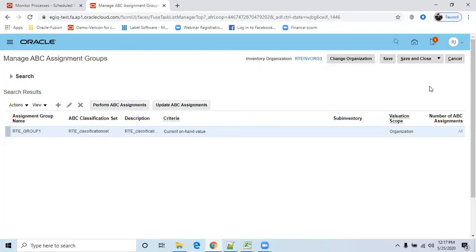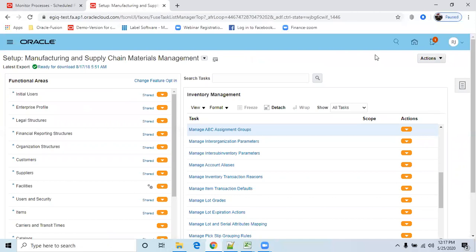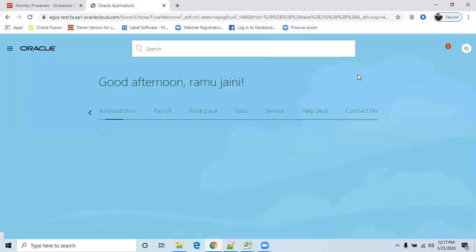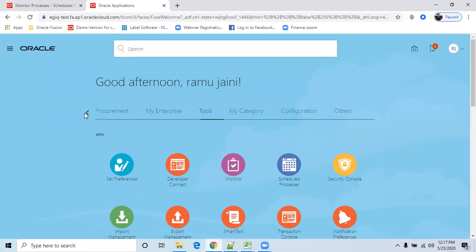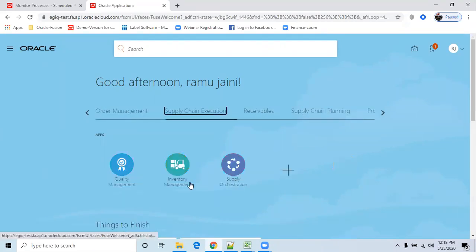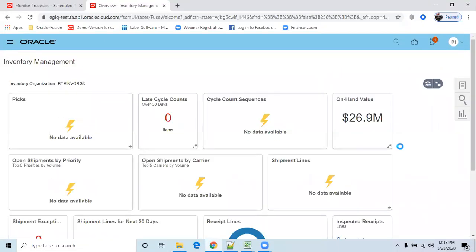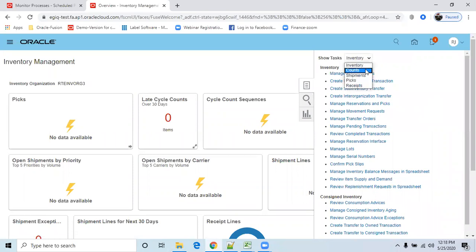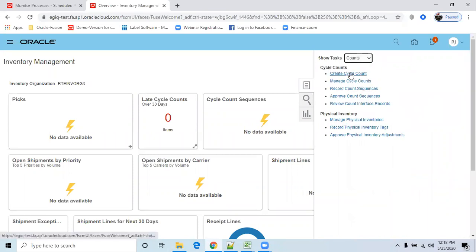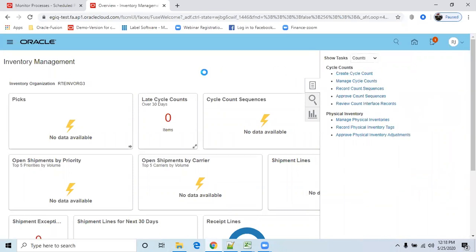So once your ABC assignment group has been done, then go to inventory management, supply chain. Go to inventory management, go to your counts, create your cycle count.